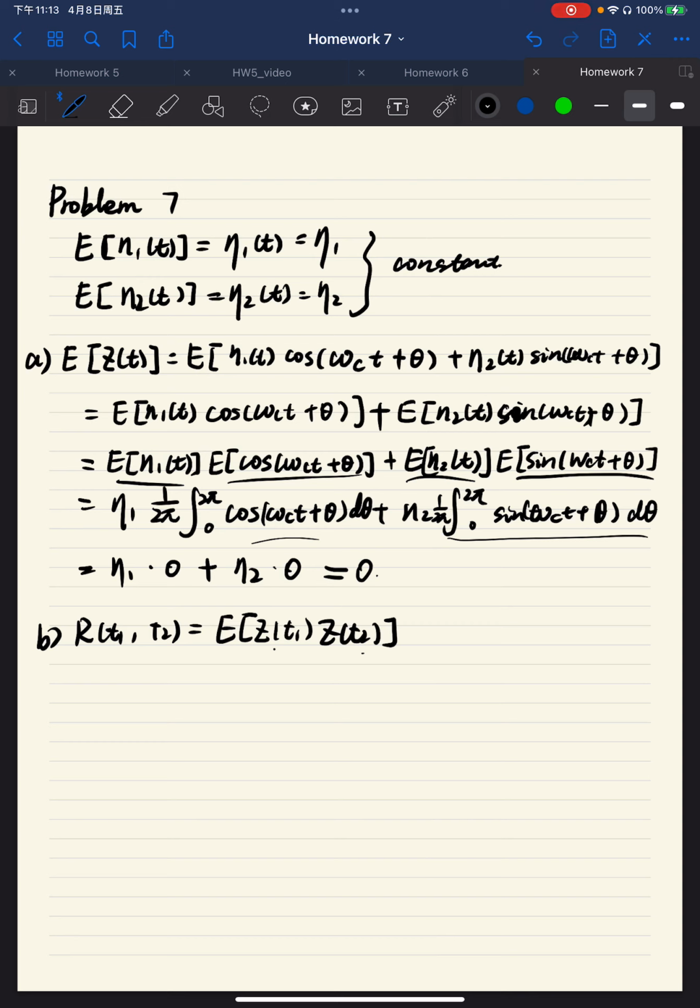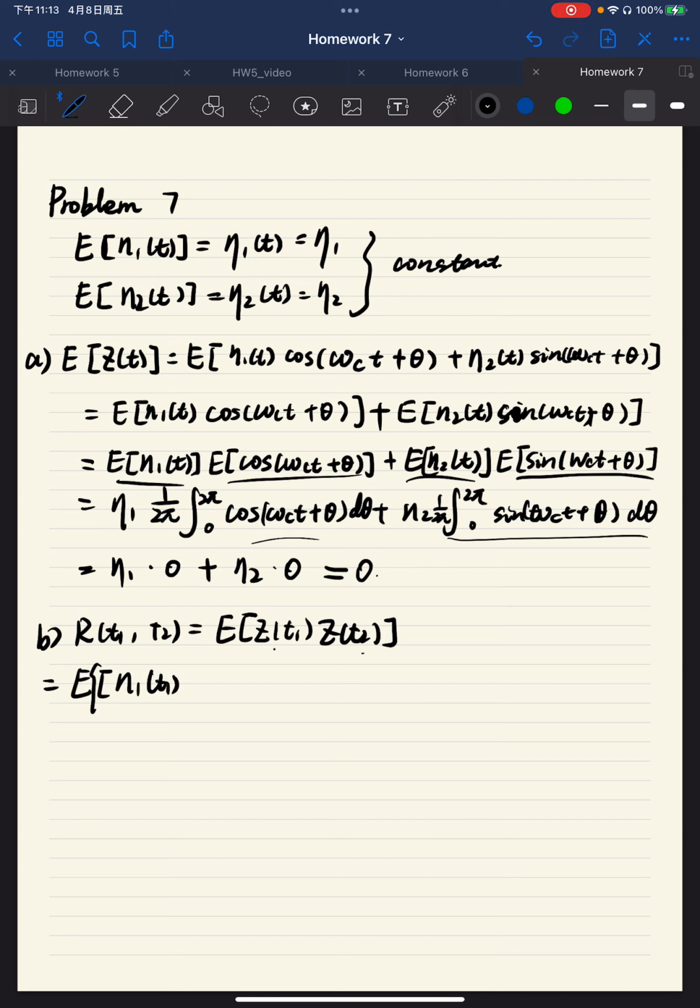Based on the independence, it will be replaced by N1 and N2,